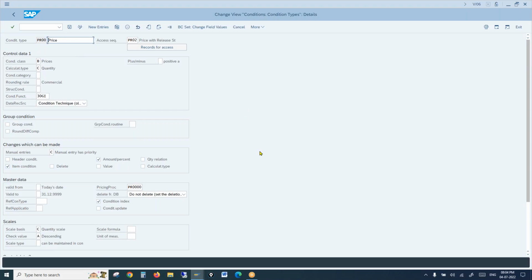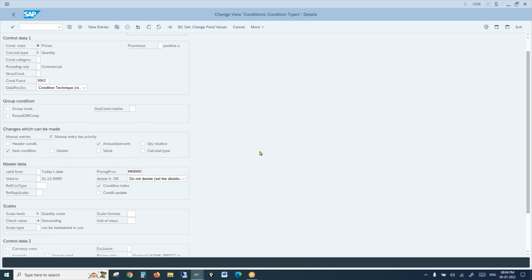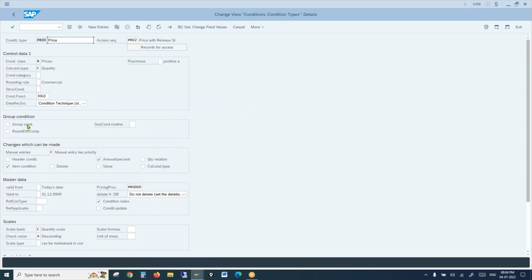So these are called condition type controls, just like OVV8 or OVV7, whatever we have discussed, similar. All these controls determine how this particular price should behave in a sales order. So base price has different controls, discount has different controls, surcharge, tax, every price element has its own controls. So let's see how this works. The first thing is